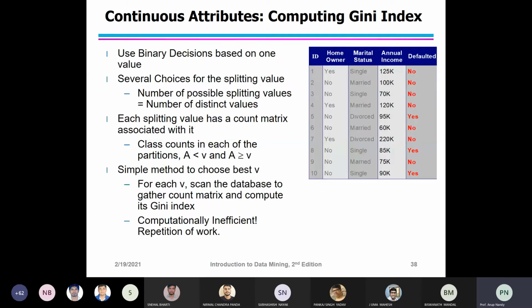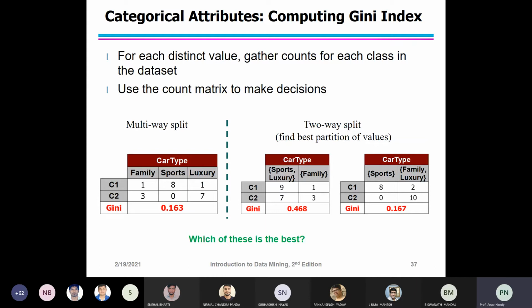Next is the continuous attribute. Now how do you compute the Gini index for a continuous attribute? For the multi-way split, the Gini index can be computed for every attribute: family, sports, luxury.